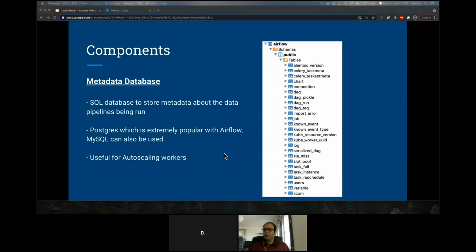This database is quite useful when we want to do auto scaling. Auto scaling is a concept in which you can scale the number of workers, increasing the number of machines which are running the tasks or reducing them, depending on the workload. For example, in 1 minute, if you need to run 100 queries or refresh 100 tables, you can create 100 workers. And when you don't need them, you can reduce them to just 1 or 2 depending on your need. And this will be done with this metadata database.